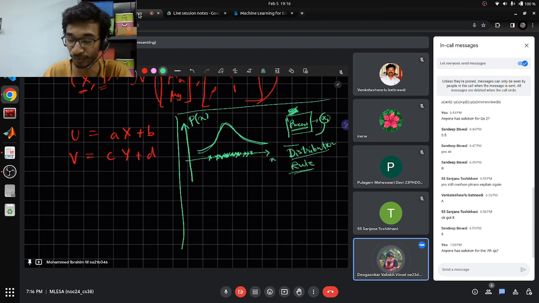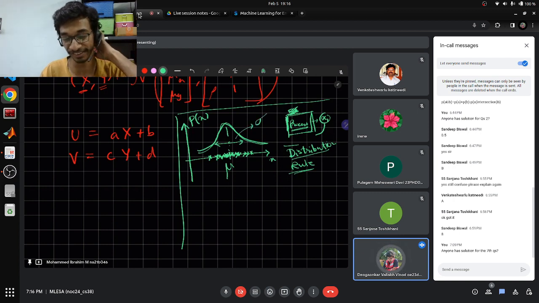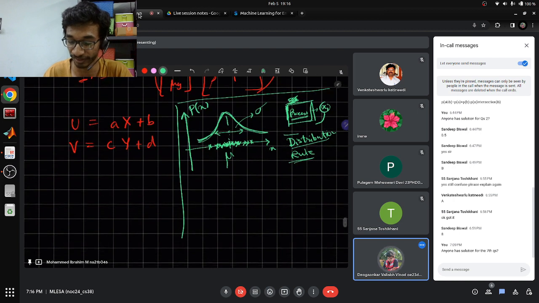What this really means is that most of the numbers that are going to come out of this process are going to be coming close to this point, which is going to be the mean of this distribution, and the overall spread of these numbers is going to be the variance of this process, and that is going to be, let's say, sigma. And there is a mathematical formula by which you can calculate this. So this distribution has a mathematical formula, and in general it's going to be something similar to